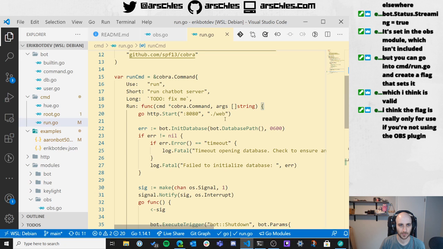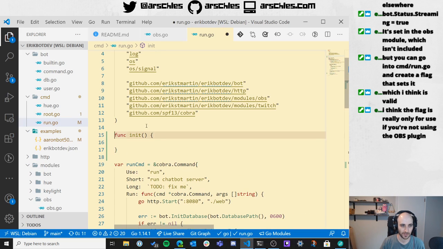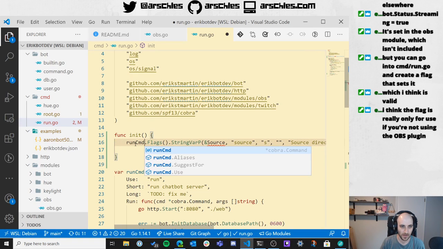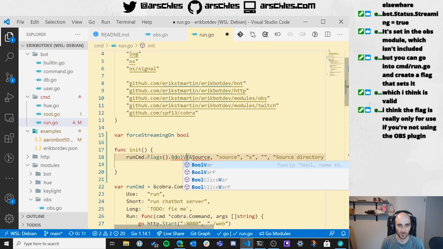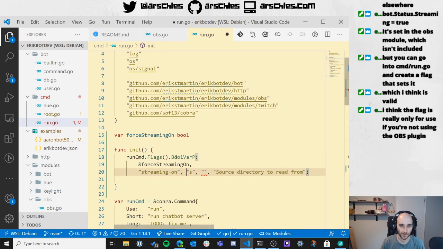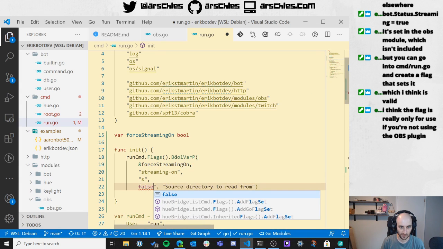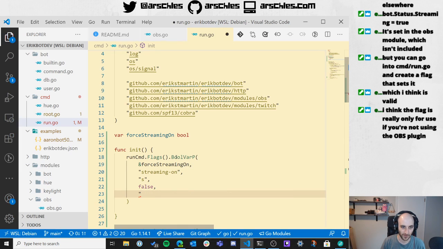Run command. And we can set this in an init. We can set some flags, I believe. So let's put this, we can leave it there, I think. So let's do this. Run command, flags, string var p, and then we're gonna do var force streaming on bool, var p force streaming on. So I'm not sure what the right default value is for this or the right flag name, but I'm gonna go with this for now, and then we'll go from there. So whether to set streaming,